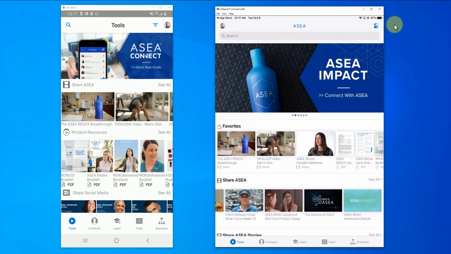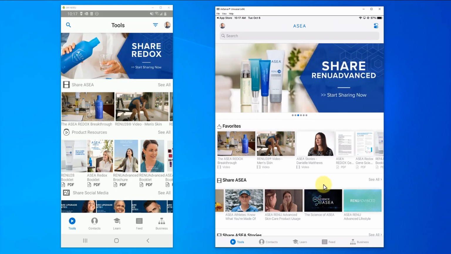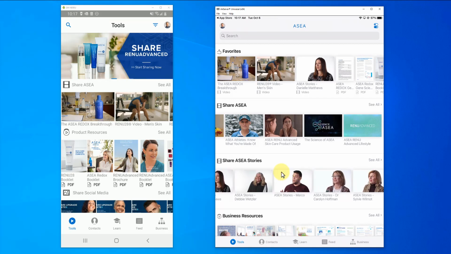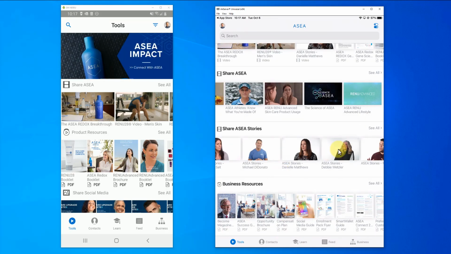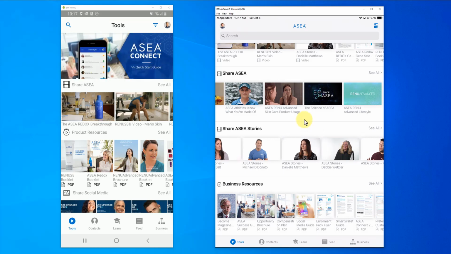So don't ever feel like you're overwhelmed with the content that we add here. We're doing our best to make sure that the content we add into the app is only the content that you're going to be accessing on a regular basis, or content that you intend to share with others. If there's anything in here that you feel like we need to add, please let me know at Connect@ASEAGlobal.com, and I will take some time reviewing that with our compliance department and try to get it added for you.